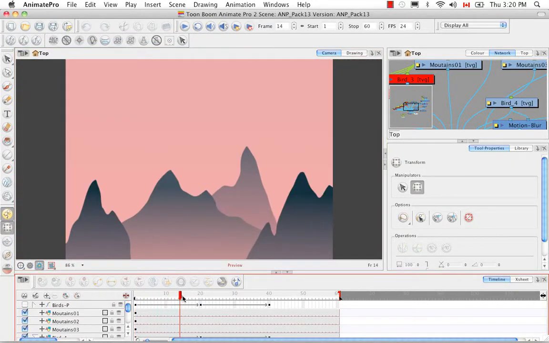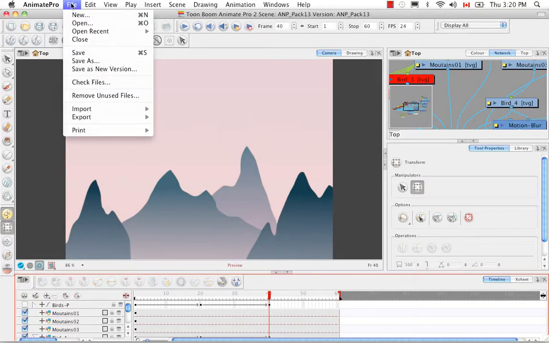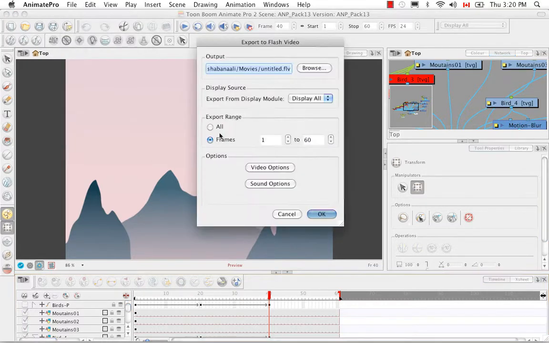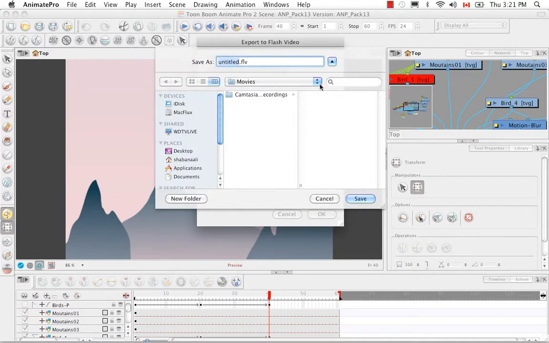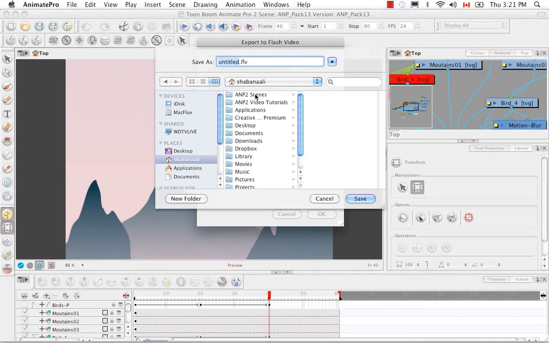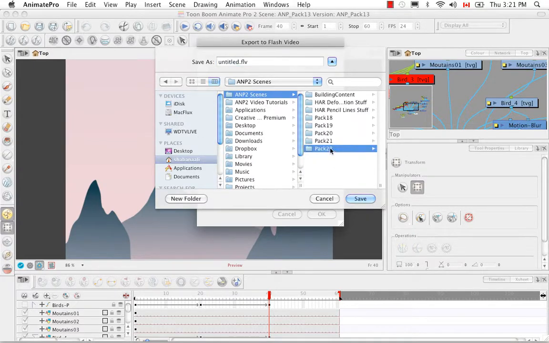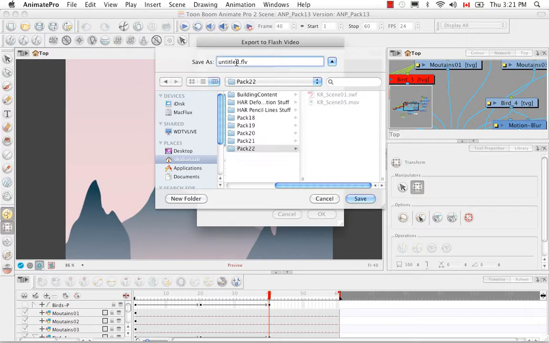So this was the scene where the bird swoops in and we see this motion blur occur. So I'm going to do exactly what I did before. I'm going to go to the top menu, select File, Export, and this time I'm going to select Flash Video. So I'm going to browse once again for a location on my computer where I'd like to save this file. And I'm going to name it Karate Rabbit_scene 02